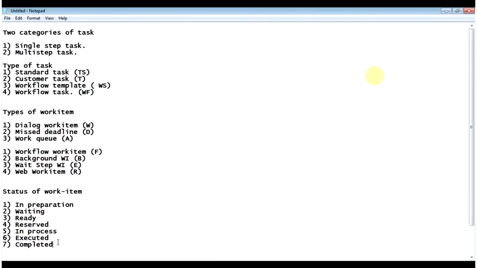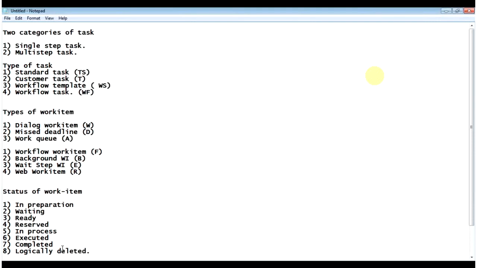So if you reserve that particular work item, suppose you have clicked on it but you haven't taken the action, you have just clicked on it, that work item will get reserved for that user, and other users cannot see that work item because it will automatically disappear from the inbox. So this is how you can reserve the work item, and the status comes to be reserved, and the icon is one flag inserted inside that box. So this shows you the status, the symbol.